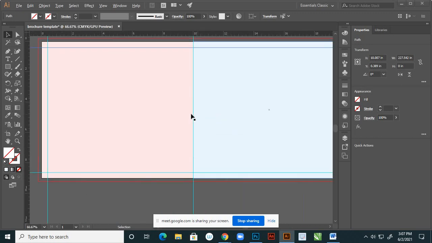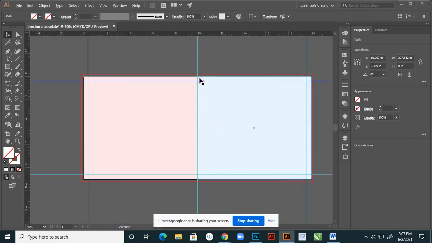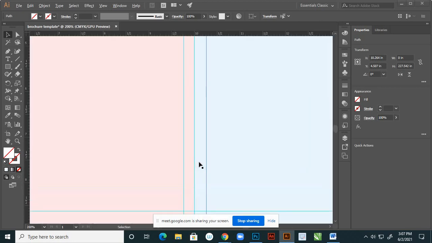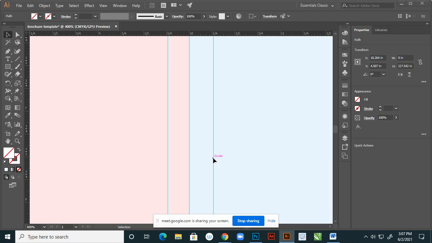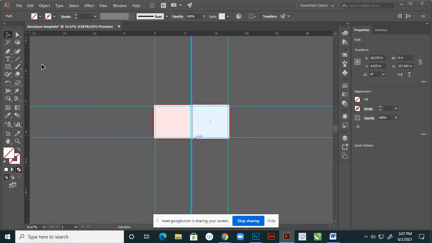So these are the settings, and because your brochure folds at the center, at the center also I'm maintaining some safe area on both sides, right?